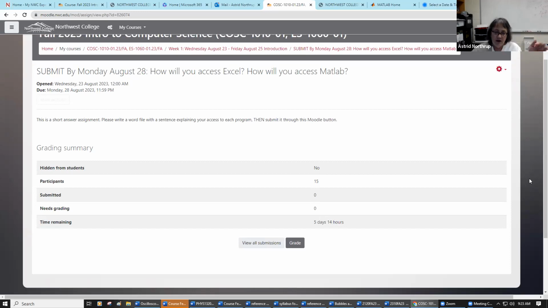Okay, so most weeks there will be something to submit. But basically, what you'll do is when you click on that, it just says, how will you access Excel? How will you access MATLAB? And then it gives you a little bit of direction. This is a short answer assignment. Two sentences is fine, but write me a Word file with a sentence explaining your access and then submit it through the Moodle button. So part of it is